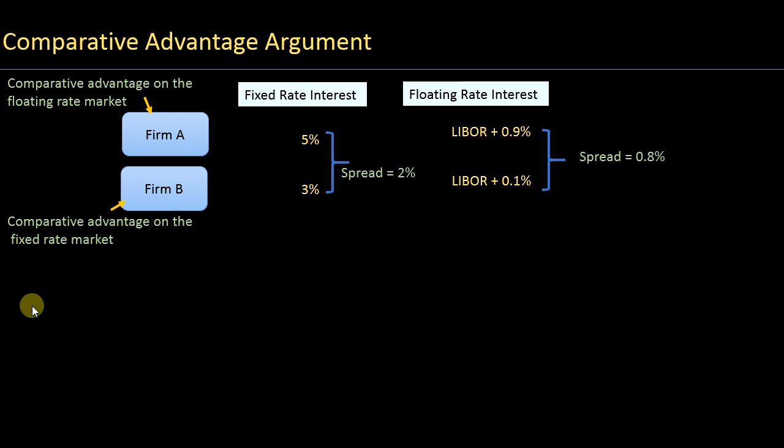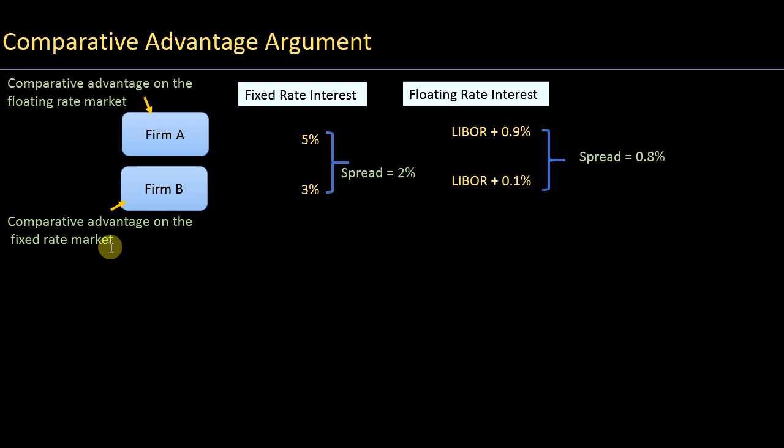Now the interesting thing is that if you look at the spreads, and when we say spreads, basically what we are saying is the difference between the borrowing rates. If you look at the spread in the fixed rate interest rates, the difference between 5% and 3%, the spread is 2%. Now the spread in the floating rates is only 0.8%. So that means that for firm B, we say that firm B has a comparative advantage on the fixed rate